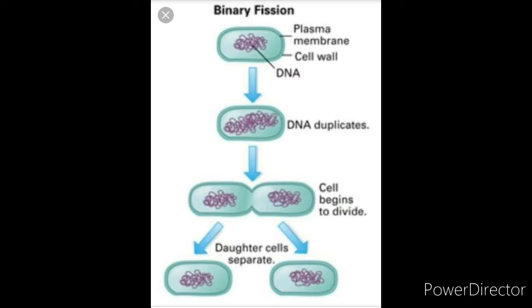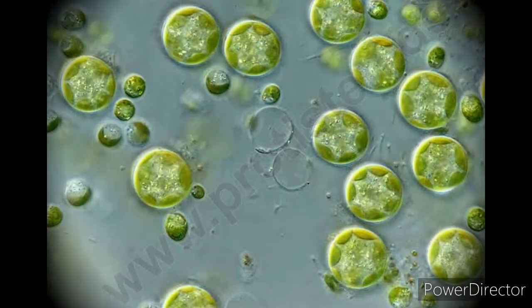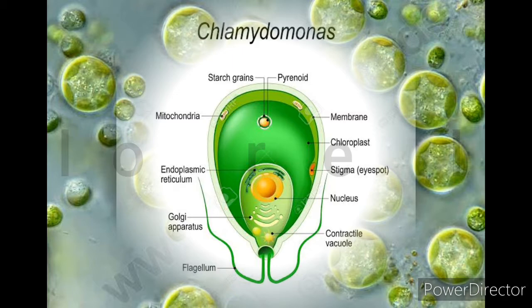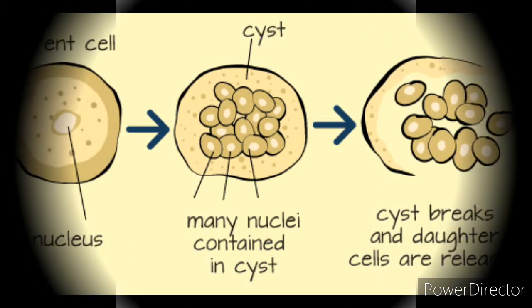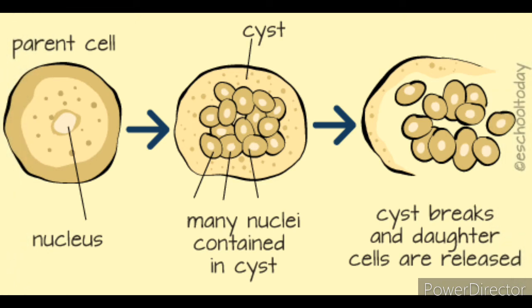Bacteria reproduce asexually by the method of binary fission. Binary means two, fission means splitting. In this method, the nucleus divides into two, and then the cell splits across the middle, forming two small identical cells called daughter cells. In some organisms like Chlorella and Chlamydomonas, one cell divides into four daughter cells, and this process is called